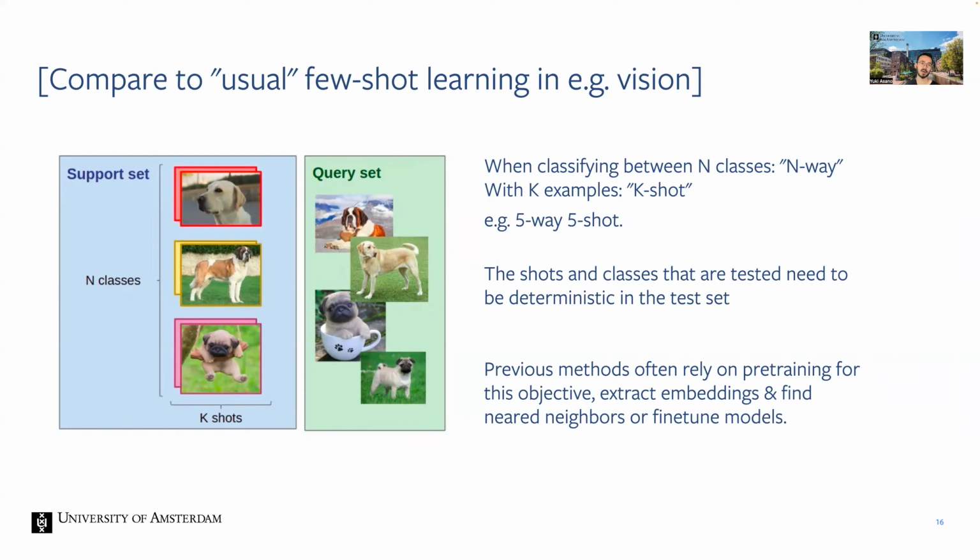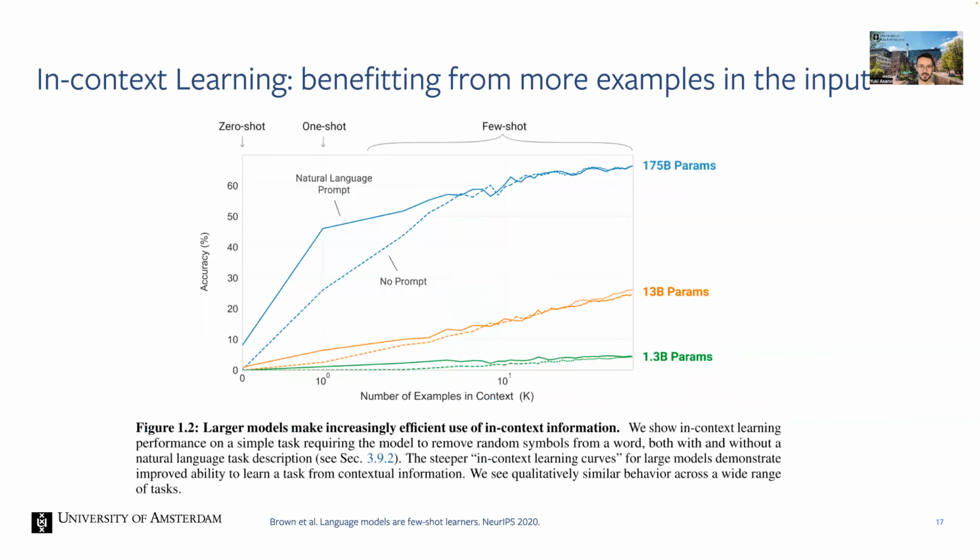And previous methods often rely on training explicitly for this objective. So, I mean, all GPT-3 did was predict the next word. And this sort of ability came out of it, which is the surprising fact. Of course, there are some few-shot-like items in the training data, but still, that this emerges is quite consistent and quite strong, even for tasks that are way more rare. And you can see a bunch of examples in the paper and on the internet.